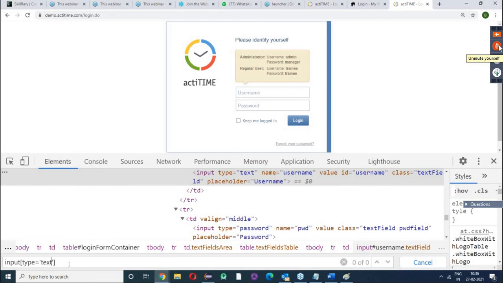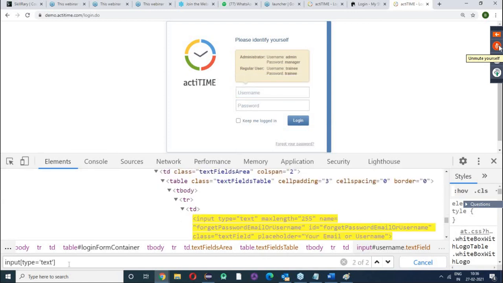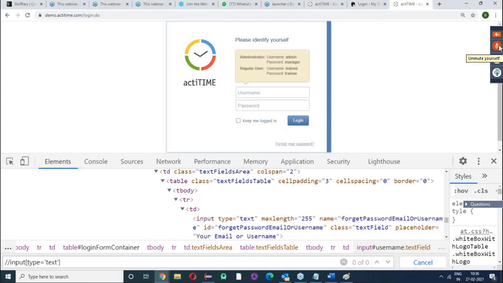Type is equals to text. How many elements are there? 2 elements are there. Now, how can I use CSS Selector in this case? No. Tell me. Can I use? No. What should I use? I can add an Xpath expression. I can go with index. See? // input @